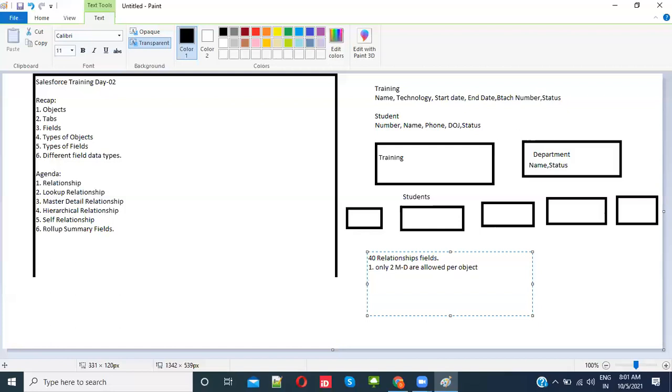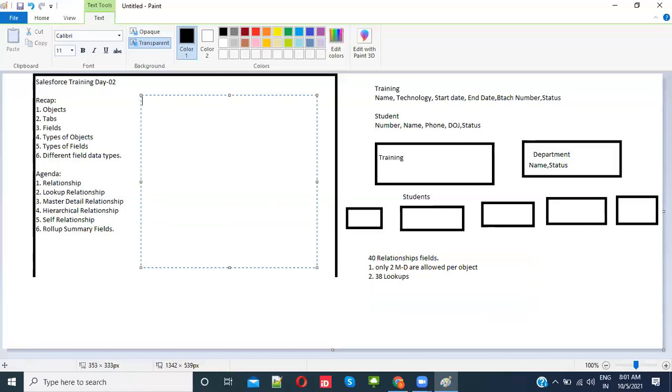Okay, and then you can have 38 lookups. This is very much important. And if I don't want to create master detail relationships, then you can create 40 lookups. But only 2 master details are allowed. Okay, so now the difference between lookup and master detail, let me give this.